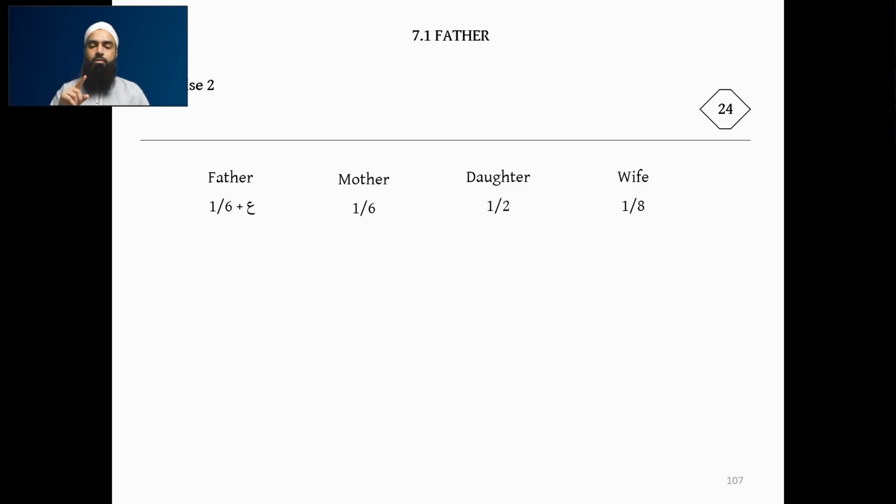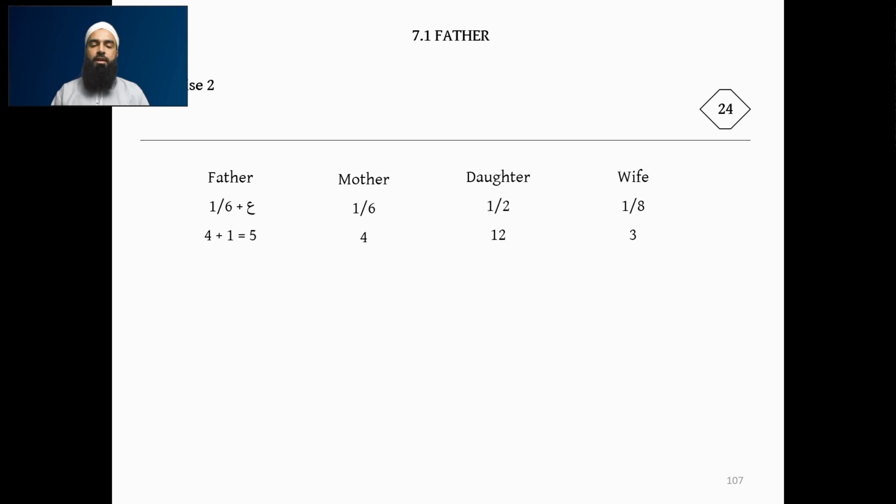So then we do 1/8 of 24, which is 3; 1/2 of 24, which is 12; 1/6 of 24 for the mother's share, which is 4; and the father also receives his 1/6 share, which is 4. Do we add it all up first to see if there's anything left over? Starting from the biggest number, 12 is easier: 12 plus 4 is 16, plus the next 4 of the father is 20, plus the 3 of the wife is 23. So we have 1 left over from 24.